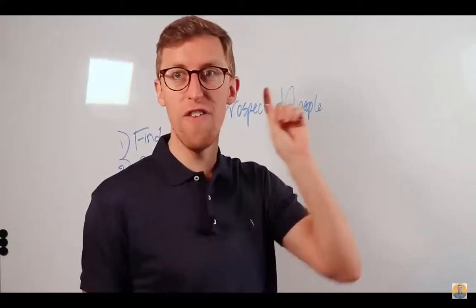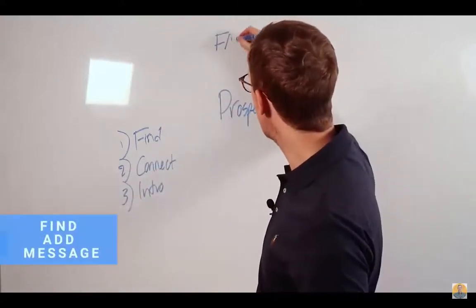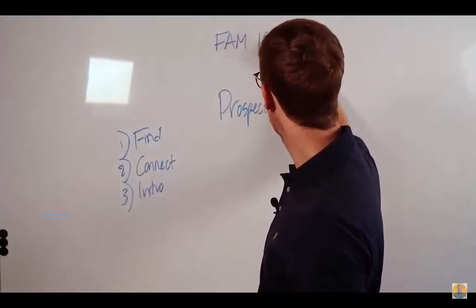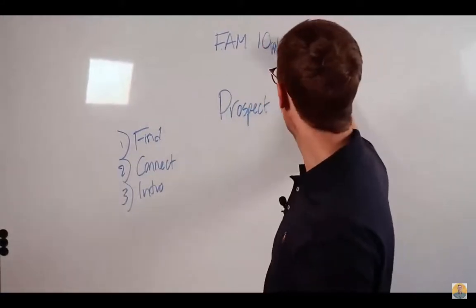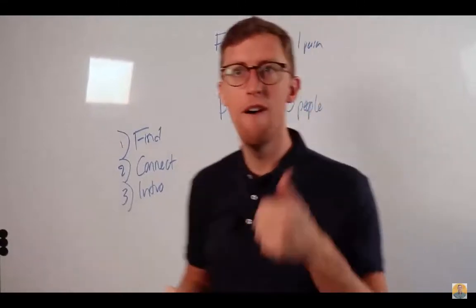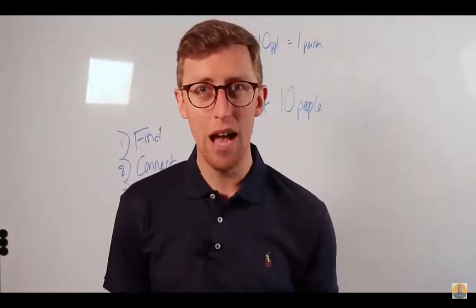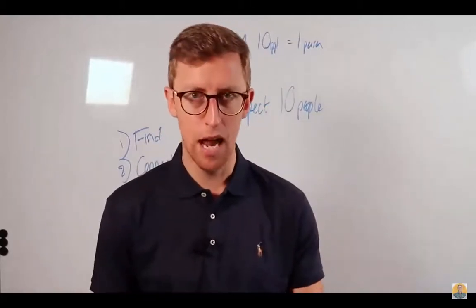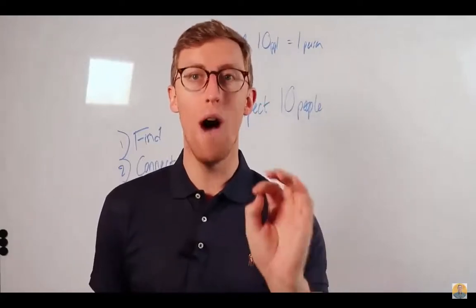But here we go. So the first step is that you need to find a message, I call it FAM. 10 people, it's just over 9 people, but I'm going to round it up to 10. 10 people to get one person to reply, to connect with you. So find someone: you find them in groups, you find them in the newsfeed, you find them using Instagram hashtags, you find them wherever and however you would like to on social media in particular. You then add that person and then you message them to let them know why you're adding them.